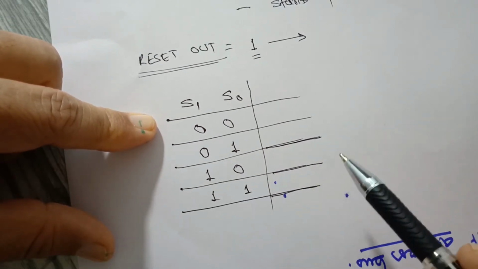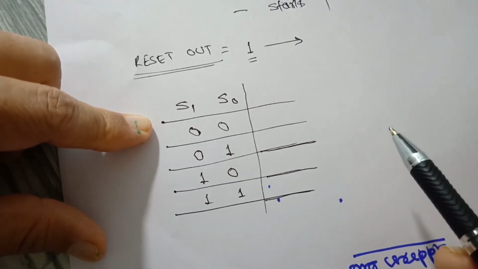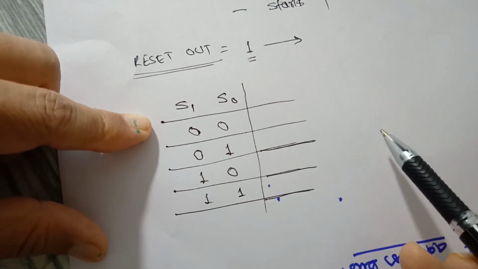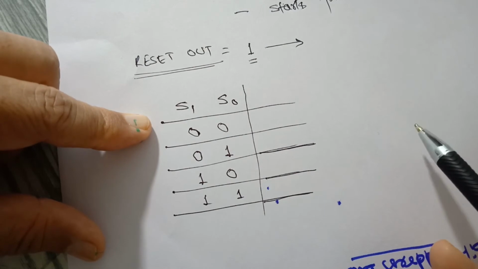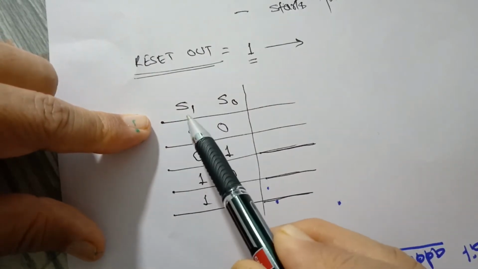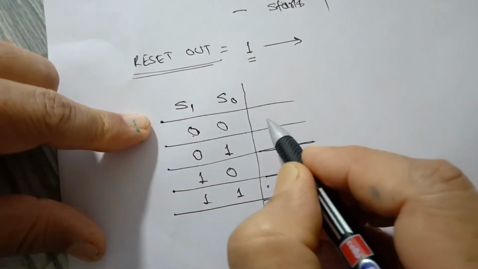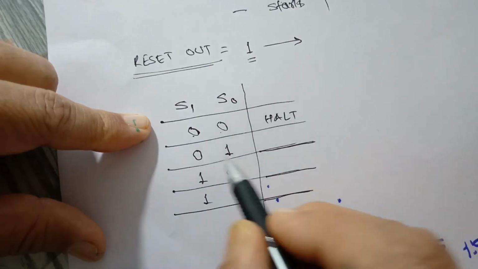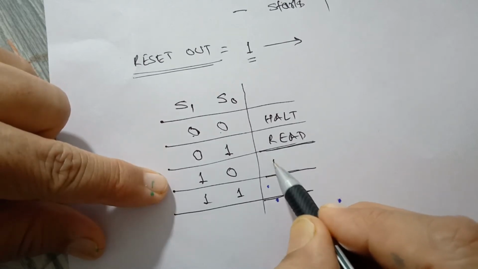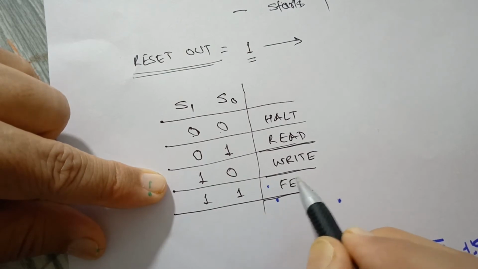There is not a single microprocessor, but there can be 2, 4, 8, 16 microprocessors, and these microprocessors get to know the status of every other microprocessor by reading these signals. The meaning of this S0 S1 status pin is taken like this: when both of them are 0, there is a halt, then there is a read operation, then there is a write operation, and 1 1 means fetch.